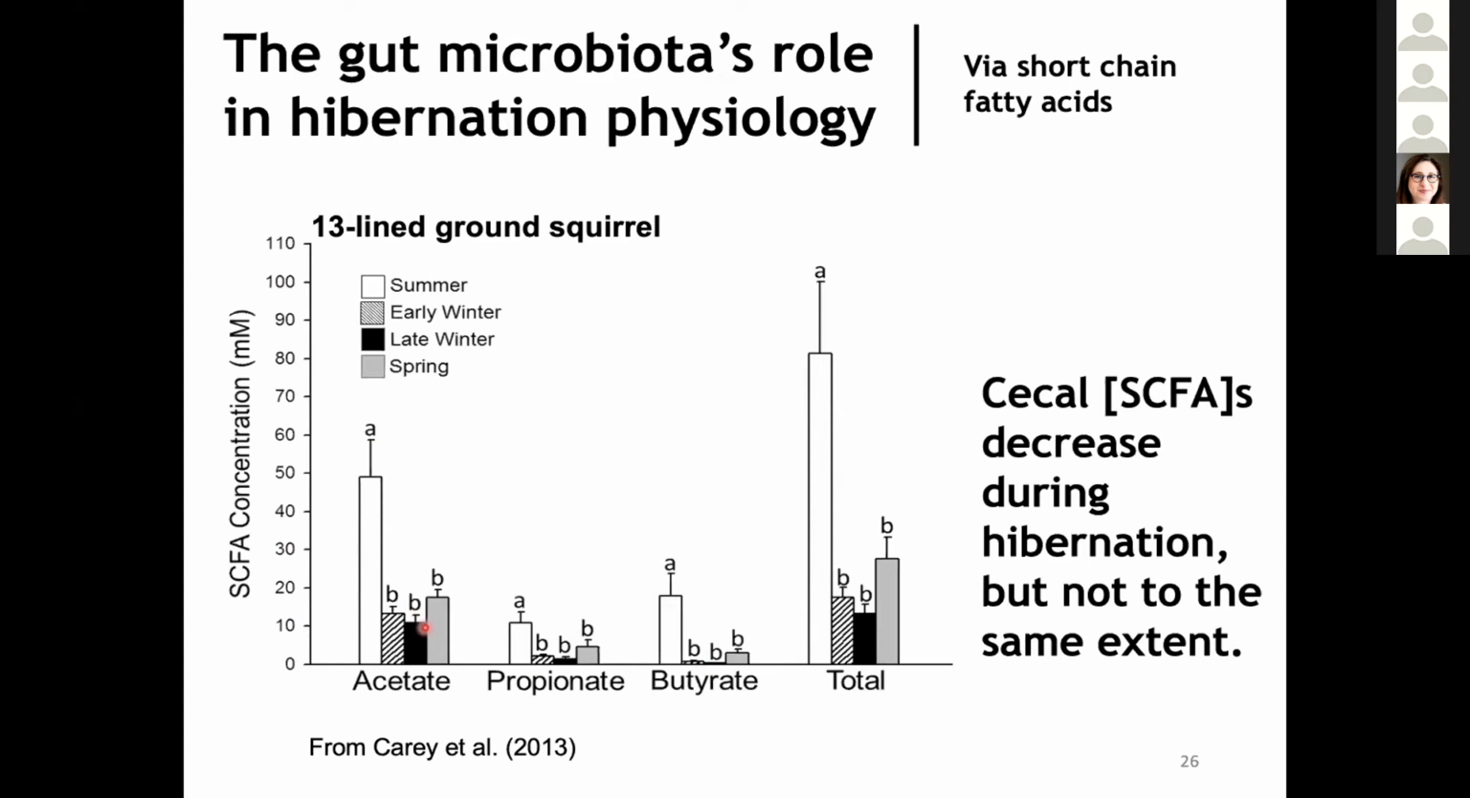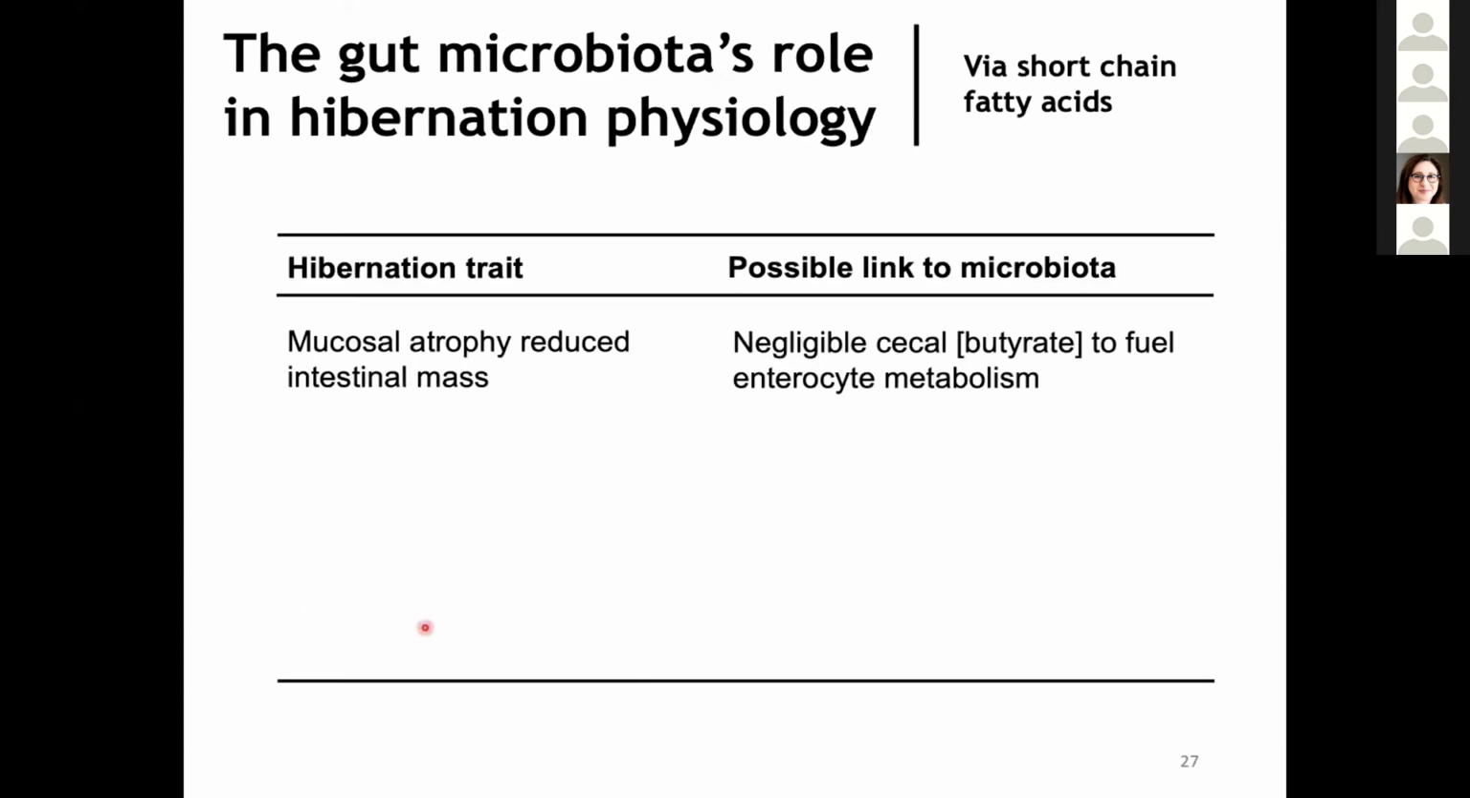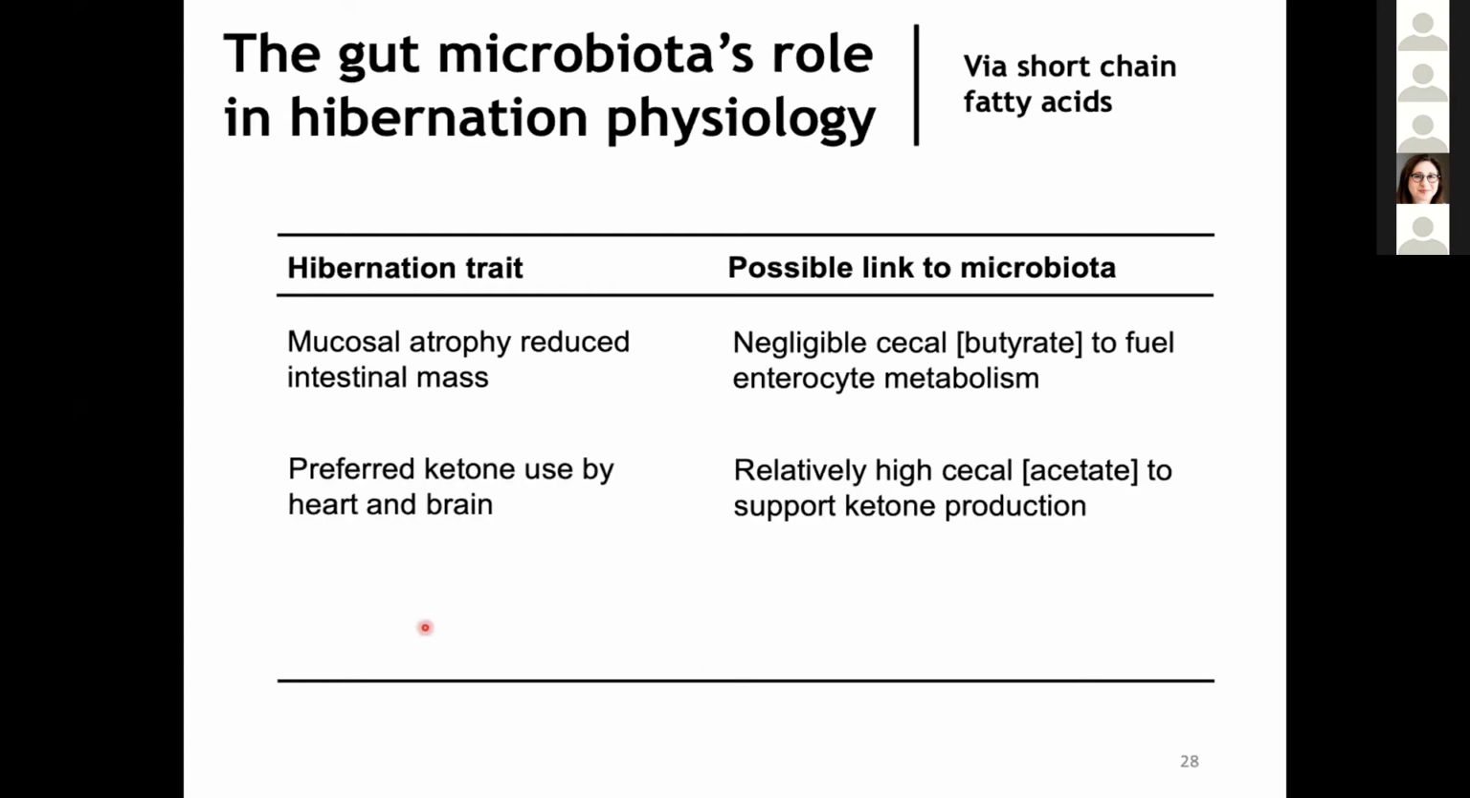These changes may be involved in some hibernation-related changes that we know about. For example, there's a general mucosal atrophying during hibernation, including the epithelium. Now, epithelial cells use butyrate as their preferred fuel source. Therefore, the greatly reduced butyrate levels that we see during hibernation may be involved in this intestinal atrophy. Another example, the heart and the brain of hibernators use ketones as their preferred fuel source. And acetate can be converted into ketones in gut epithelial cells and in the liver. Therefore, the relatively high concentrations of acetate that we see in the cecum during winter may be used in part